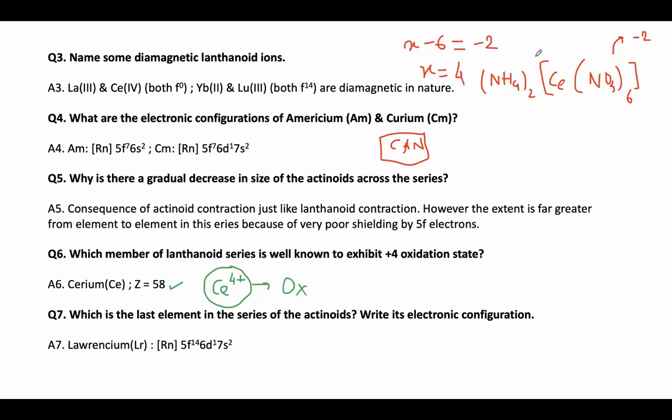So this is a cerium +4 compound, and it is a very strong oxidizing agent, because all the lanthanides have a tendency to arrive at their most stable oxidation state,